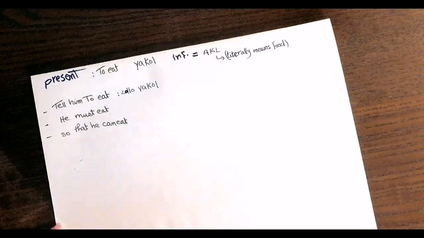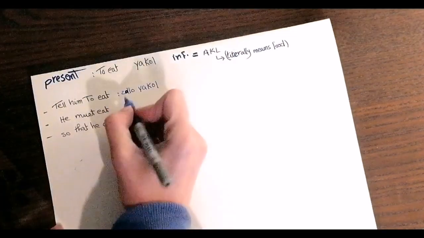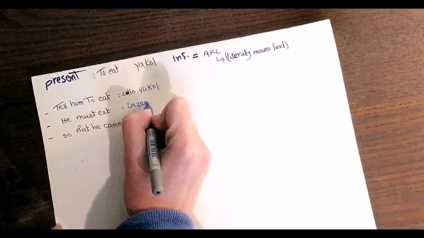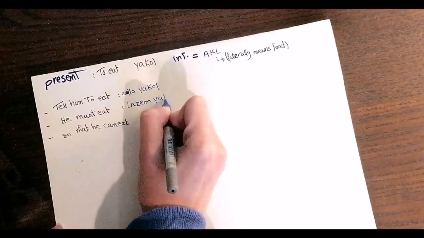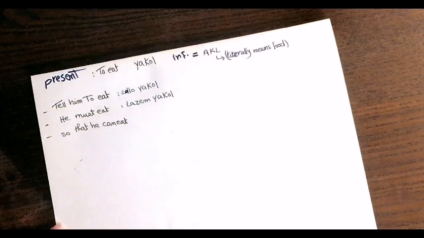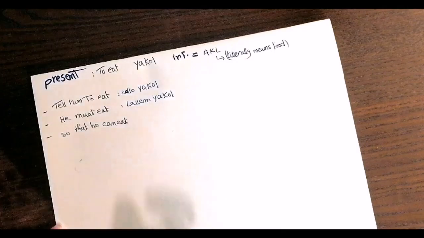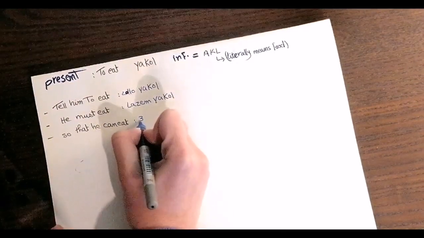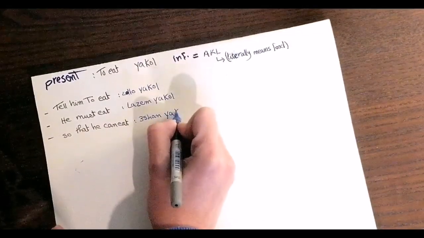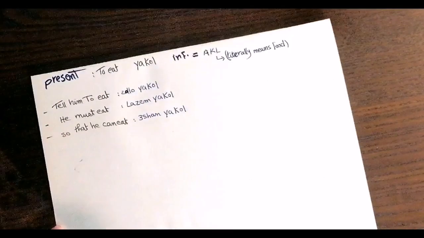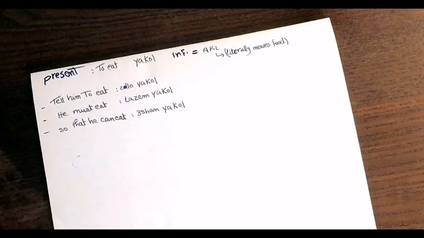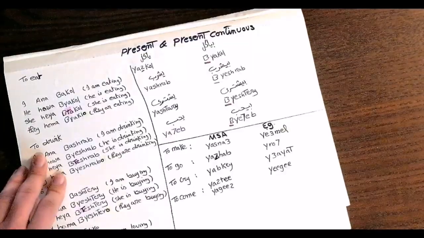He must eat. لازم يأكل, so that he can eat. عشان يأكل. These are almost the only situations that I can think of right now where you can use the present tense form